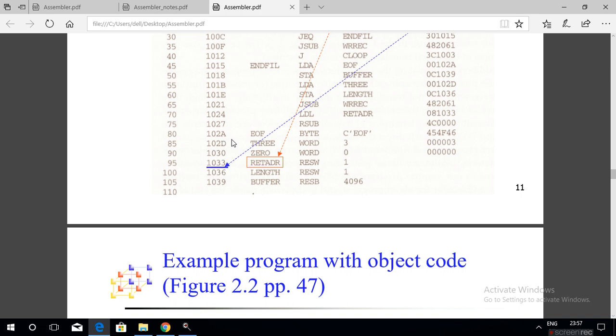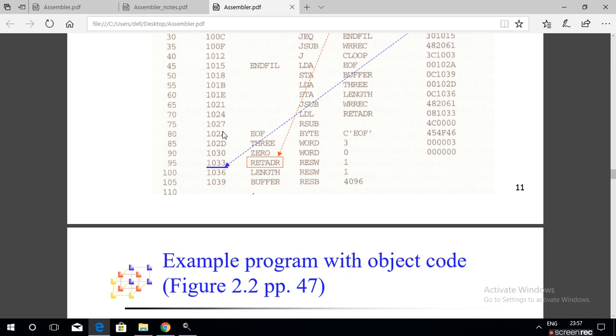So if opcode is byte, then find the length of the constant in bytes. What is the length of the constant? There are 3 characters here, so 3 bytes. Add the length to the location counter.